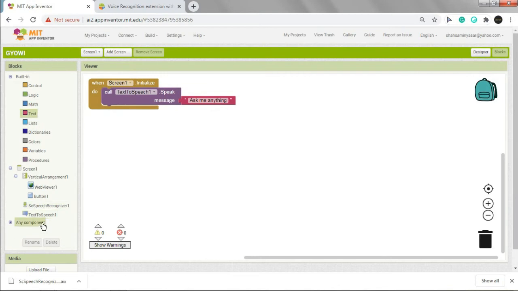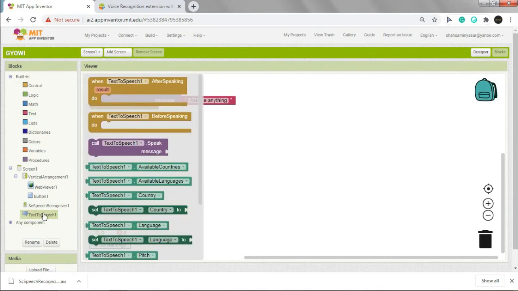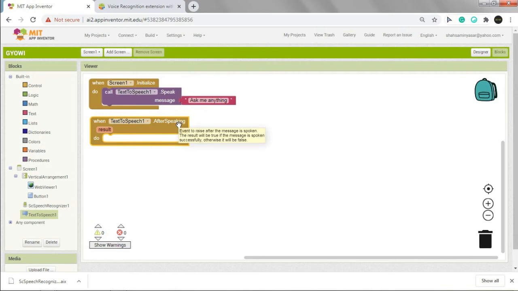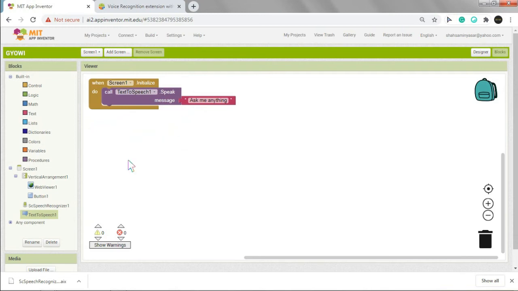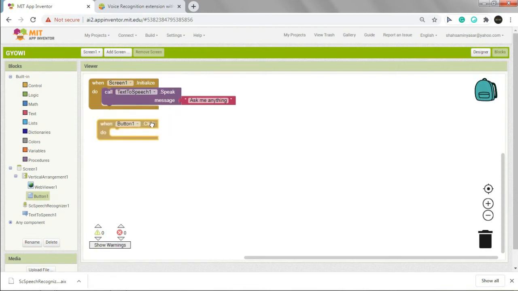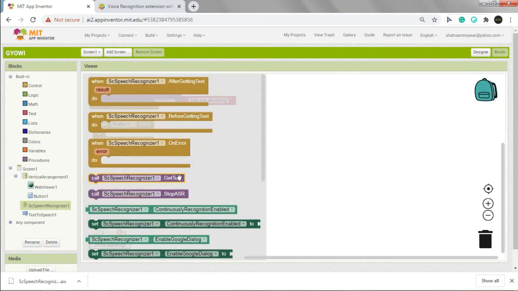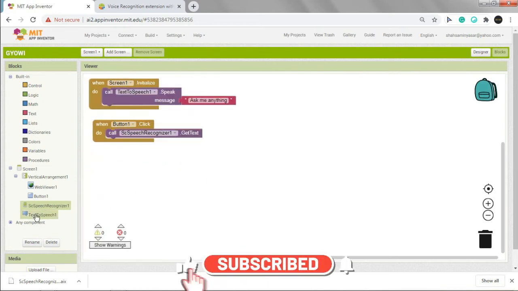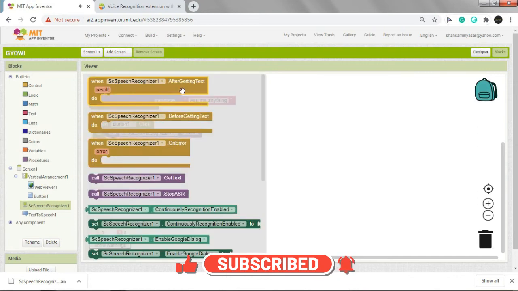So after speaking, click on text to speech, and after speaking, you can set that image, but I am not doing that. So after speaking, when someone taps the button, ask me button, then when Button 1 click, then call SC speech recognizer to get text. Then after getting text,